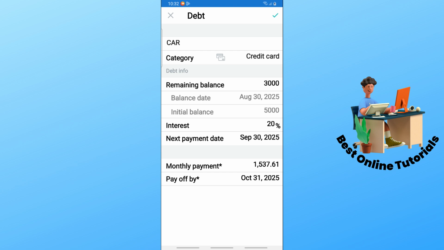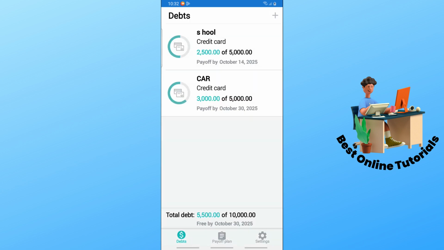So now once you have filled up everything, you just simply select the check icon on the top right corner. And pretty much over here, as you can see, you should be able to see the preview and the progress on how your debt is going. So pretty much over here, this is a great app in order for you to see the things that you need to send money to and to make payments and to